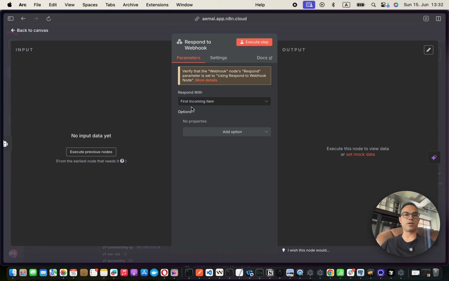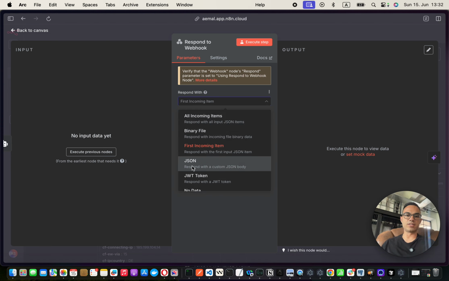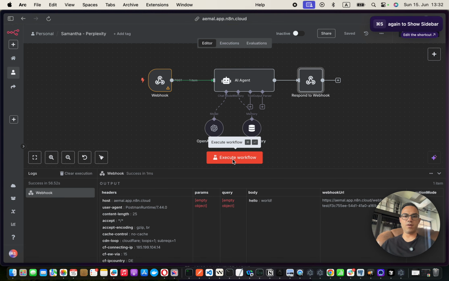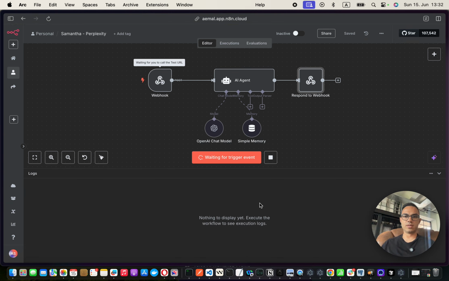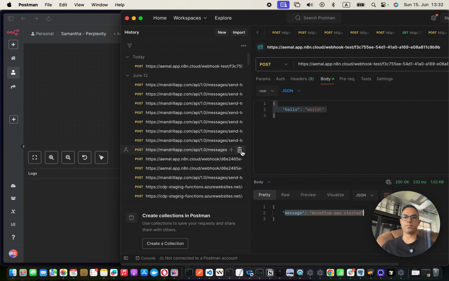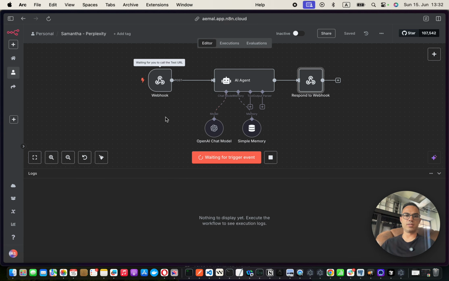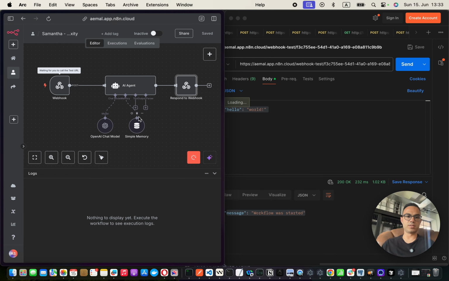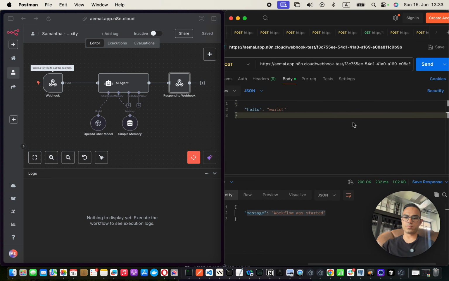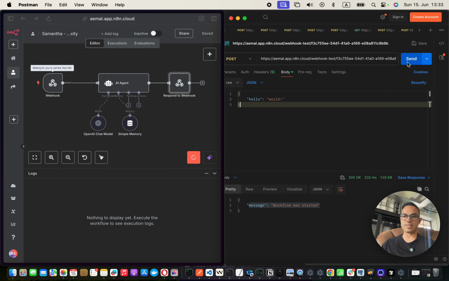Now if I go back here and I select this JSON, here I'm going to say bye world. Save it, execute. Okay. Now if I click on execution, and if I go to my Postman, maybe I can just put it like this so we can see both of them running simultaneously. If I click on execute, on send, what will happen is that